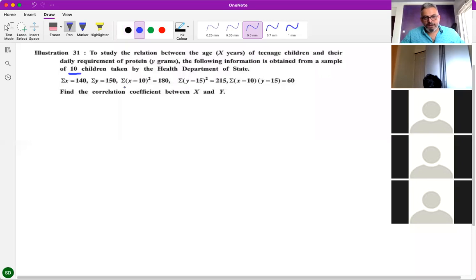Sigma x, sigma y, sigma x minus 10 the whole square, sigma y minus 15 the whole square, sigma x minus 10, y minus 15 is equal to 60. Find correlation coefficient between x and y. So we have to find R. Okay, it is illustration 31. Now,